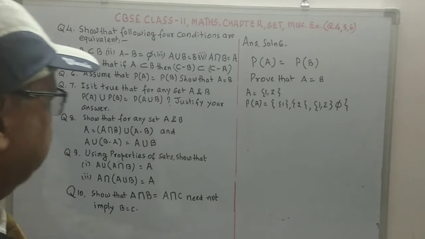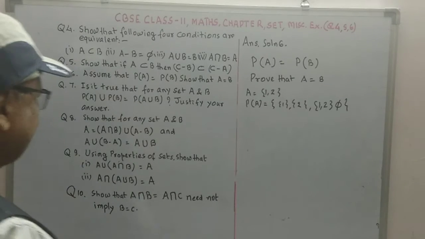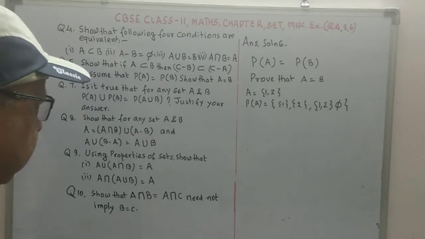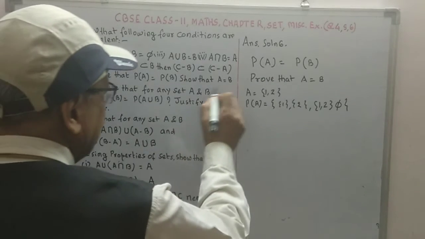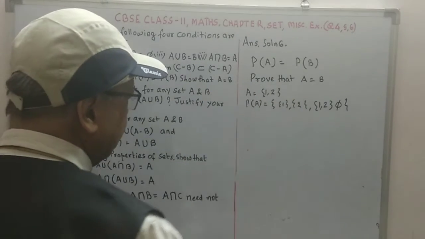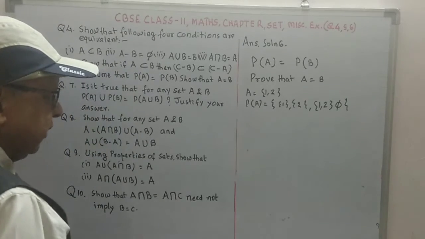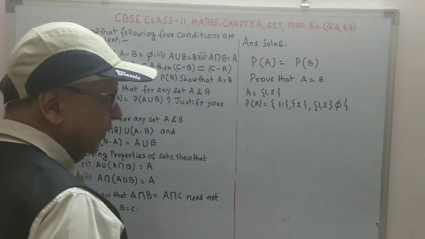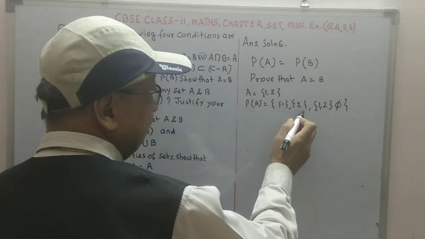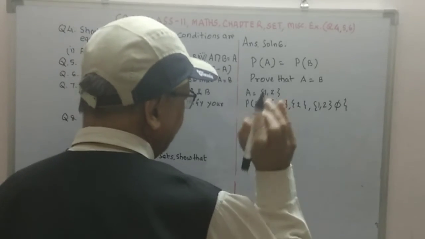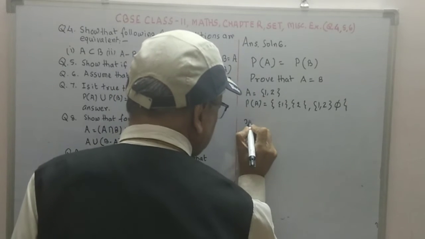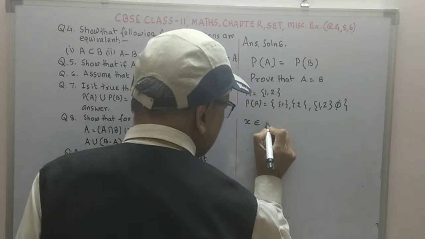Now coming to question number 6, it is written that power set A is equal to power set B, so that A is equal to B. हमें ये बताना है A और B equal होते हैं. अभी हम assume करें A is 1, 2, then इसका power set क्या होगा? Power set होगा set 1, set 2, set 1, 2 and 5. This is the power set. Now let X belong to A.